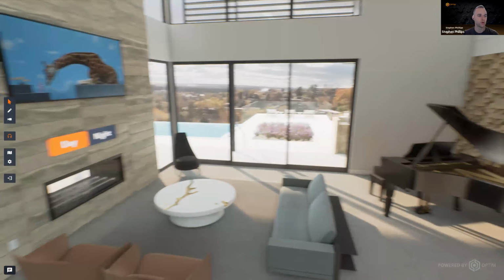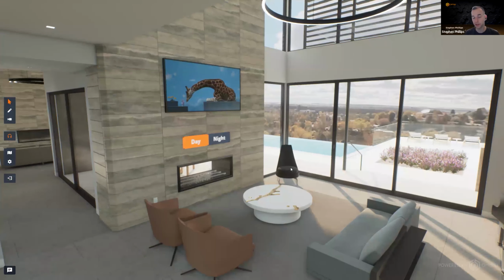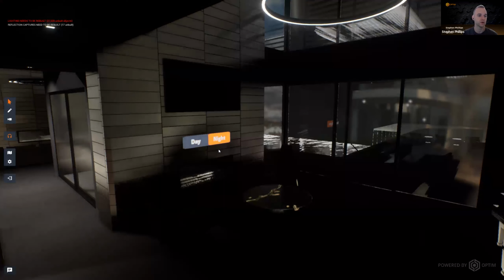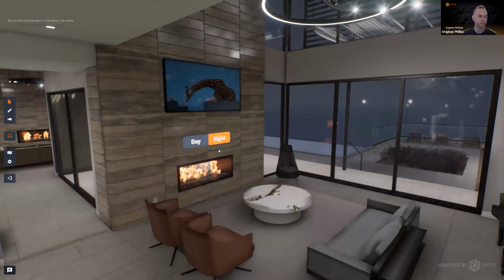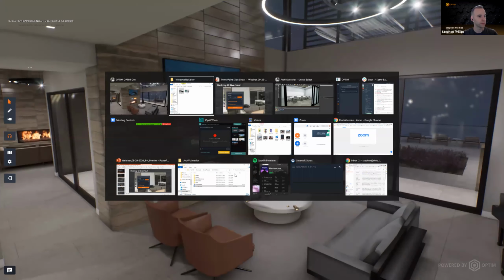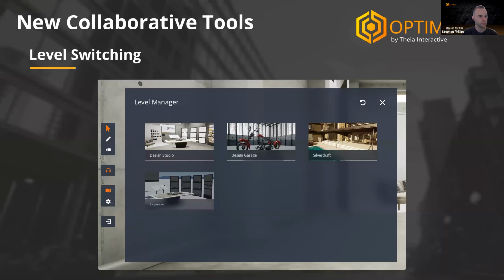We're also adding more support for interactive widgets and things for your scene. Like this one, where we had pre-programmed a nighttime scene to load in and stream in those light maps. And if you go with me back to my presentation,